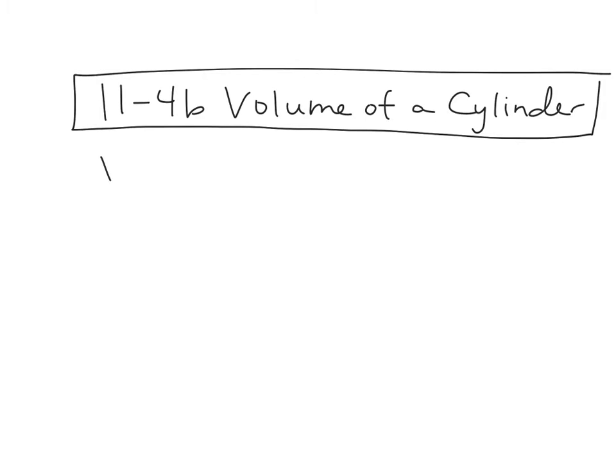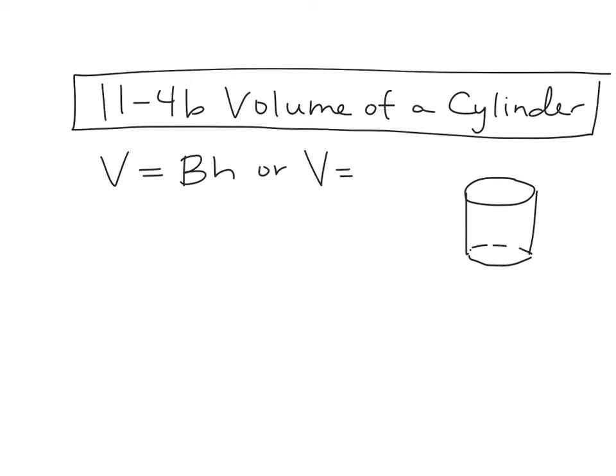We are going to do this formula, but now I need you to stop and think about what that means. We're talking about a cylinder. Remember, a cylinder looks like this. So could you give me a more specific formula than BH? What is B, in other words? The area of the base, which is what in this figure? Pi r squared, okay? So for a cylinder, it is BH, or it's the same as saying pi r squared